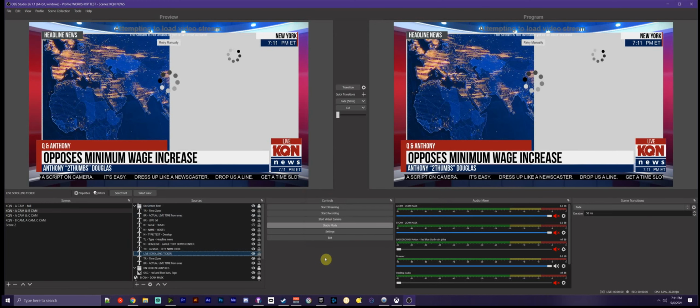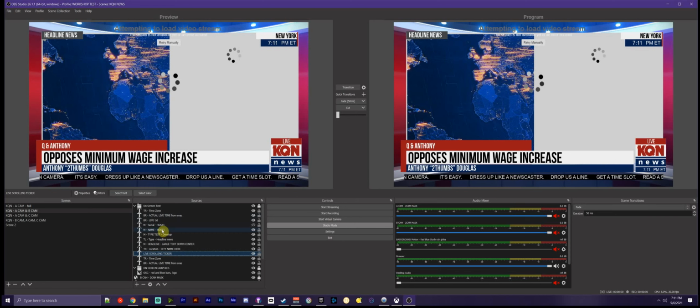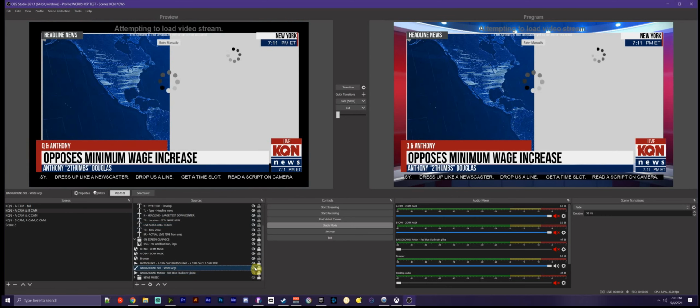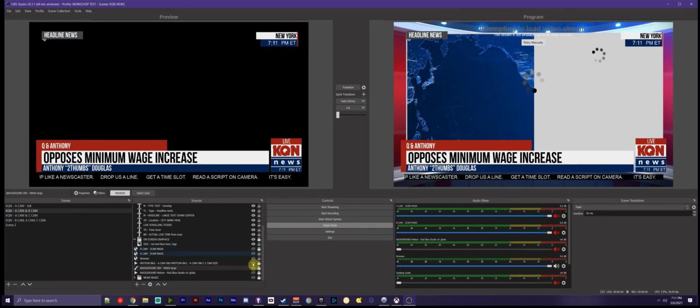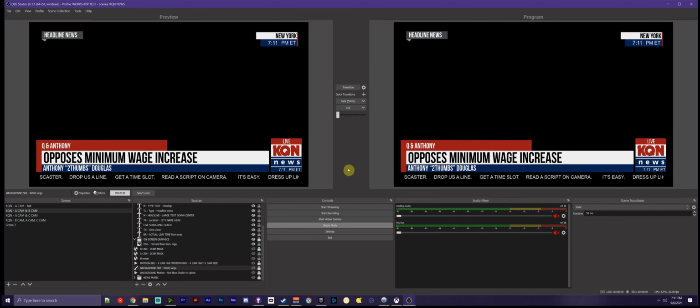So that's how that works. So the text, let me turn off the motion videos so it's a little less confusing. And there's some other stuff I'm going to turn off as well. I'm going to transition. So this look that you're looking at right here, what I basically did was I screen